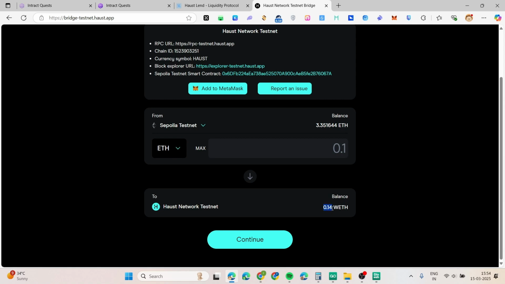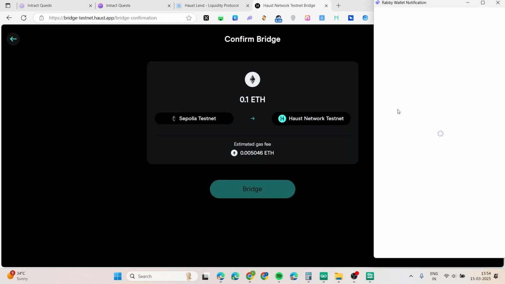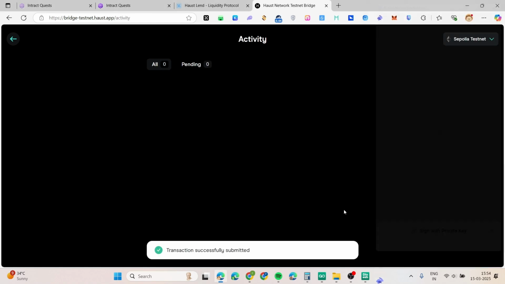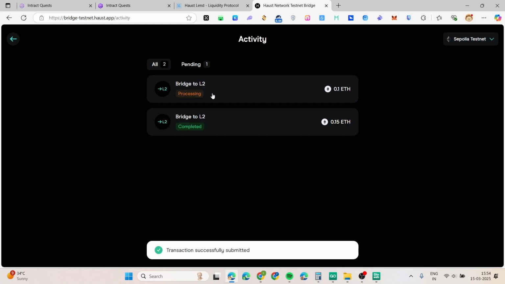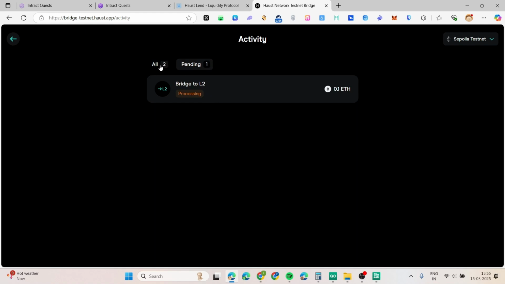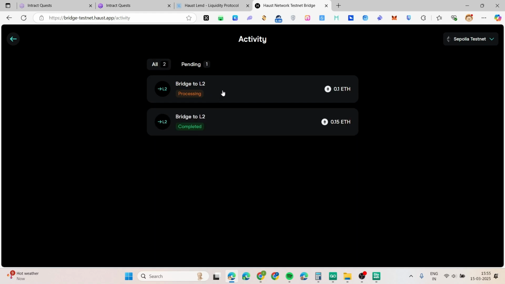I already have 0.14. This is sufficient for me, but I'm going to bridge little bit. So click continue and then click bridge. You will get a pop-up. Just confirm the transaction. Sign in. Okay, see, this bridge transaction may take around 1 or 2 days because so many traffic in their network, so they're getting little delay. So wait for 1 or 2 days, and then once you got the WETH in your Haust network,